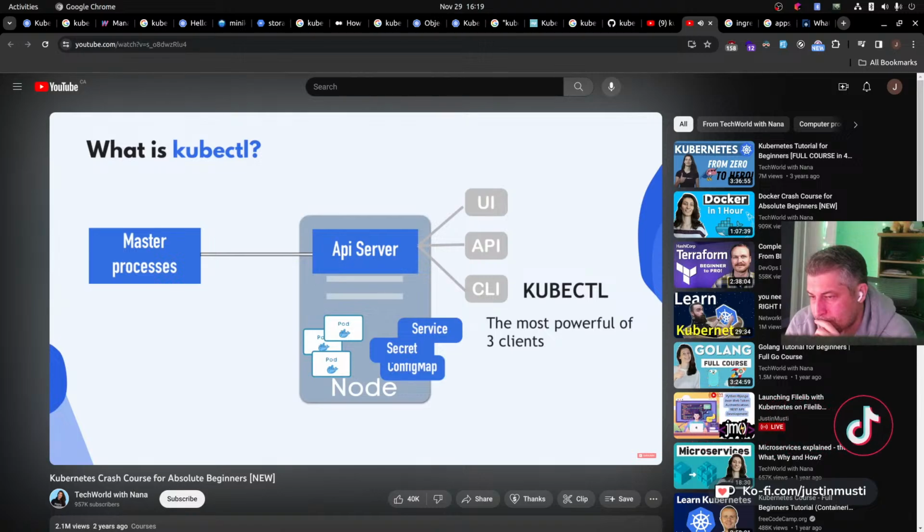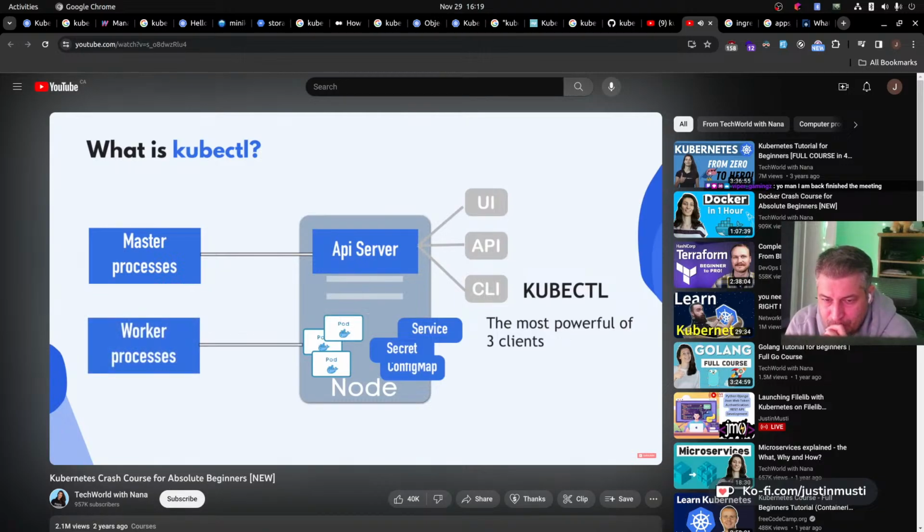So once kubectl submits commands to the API server to create components, delete components, etc., the worker processes on the Minikube node